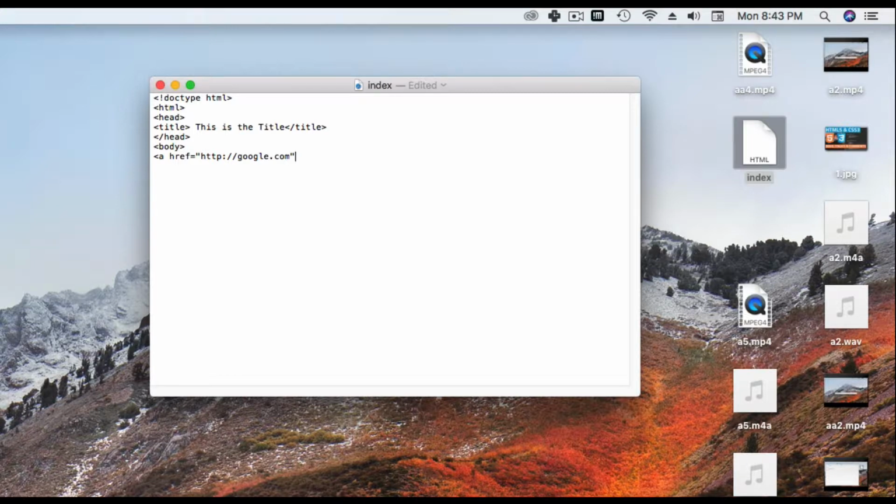Okay, now finish this one, and we can say this will be a link. This will be a link, and finish that one with /a. Okay, here you have to close this one. Now we have to finish this body, so /body, and after that we have to finish the HTML also, /HTML,